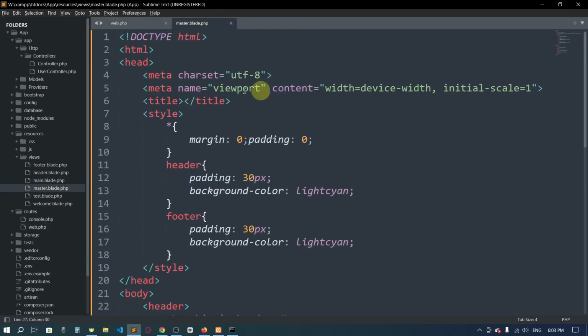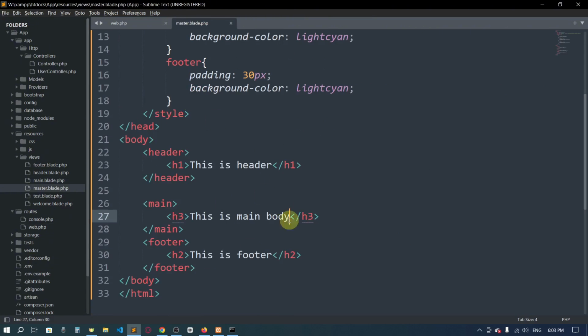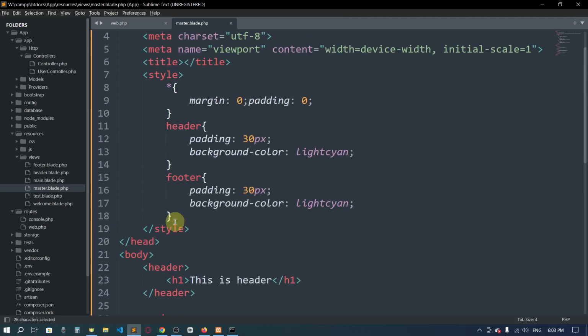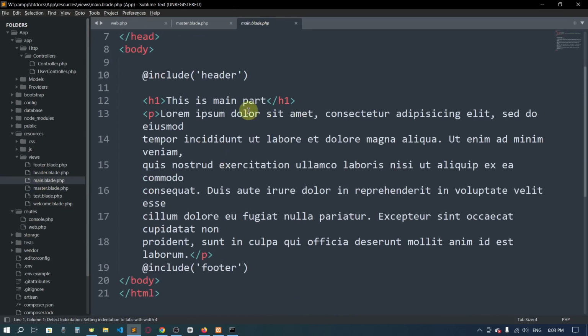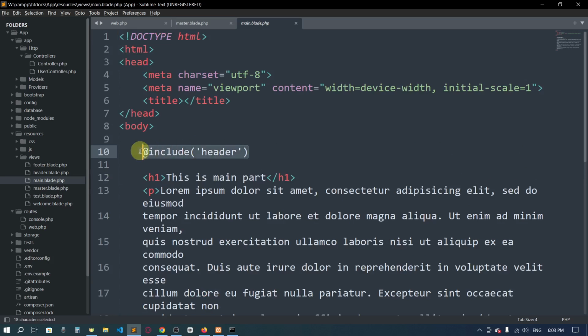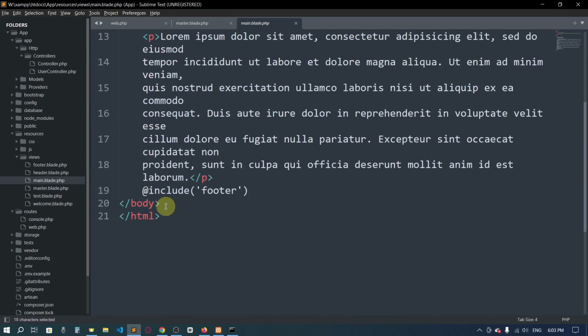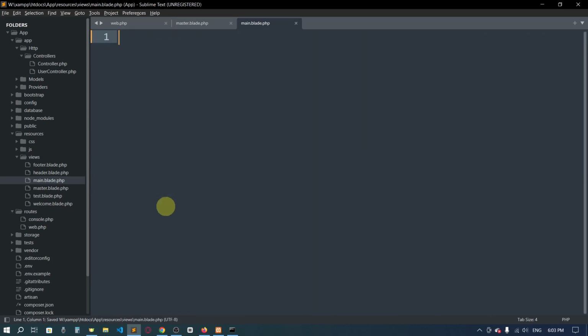I will actually create a master page for all the design. Okay, master page, and for the main section I will actually change the content. Now I will go to some other page, let's say main here. So here I want to say that, okay, I don't want to include it. I will do one thing here, and that is I'm going to extend the master template. So I will say extend, and here I'm going to say